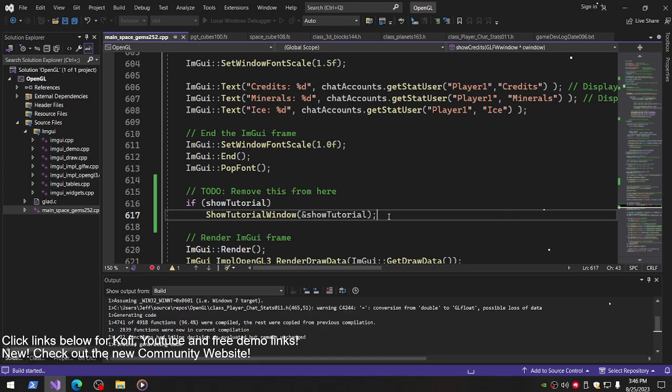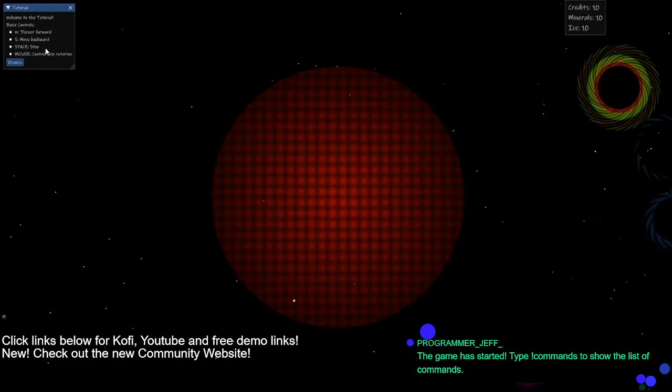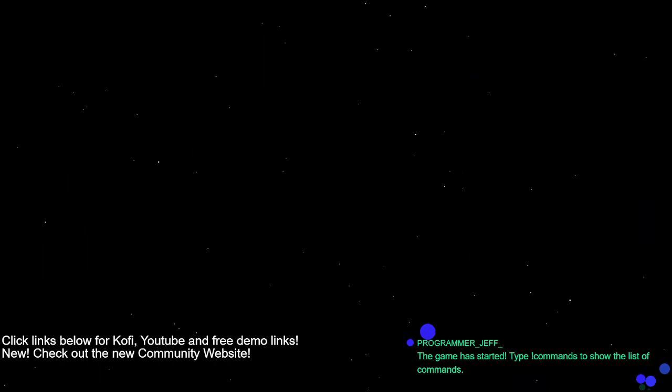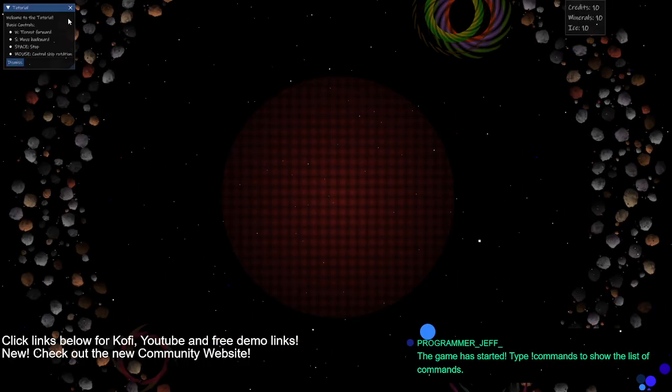So maybe I could loop through all of the player's inventory and display it too. See, like right up here. Oh, here we go. Welcome to the tutorial, basic controls. Okay, that looks good. Dismiss. Oh, nice. So if I start the game back up, does it remember that? Oh, it doesn't. That's awesome. Okay, we could set it so that it does, but...